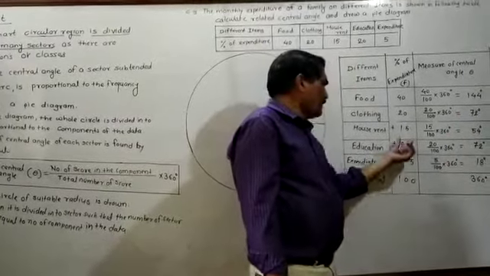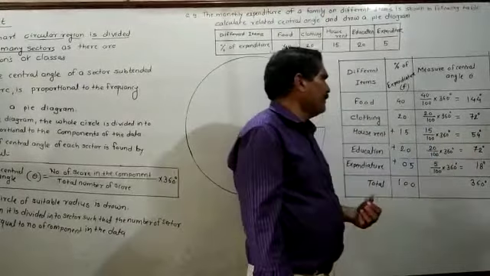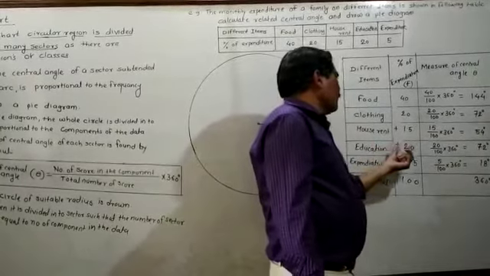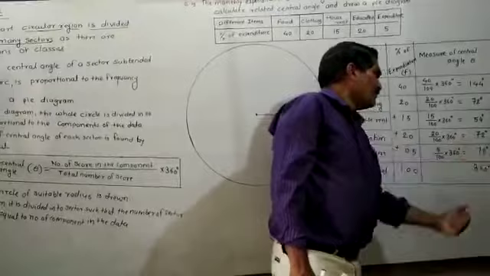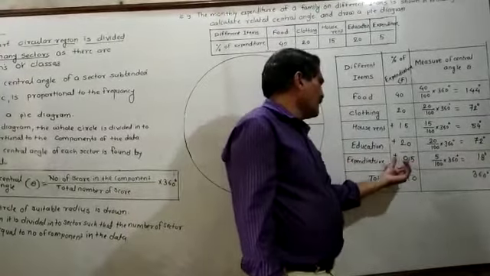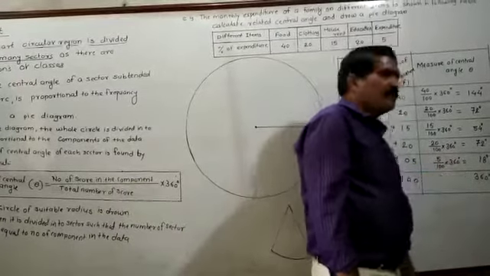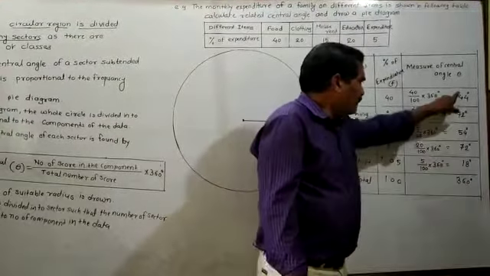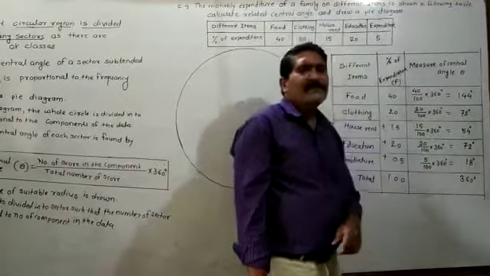Out of 100%, they are utilizing 15% for the house rent, multiplied by 360 is equal to 54 degree. Out of 100 they are utilizing 20% for the education, multiplied by 360 is equal to 72 degree. And out of 100, 5% they are utilizing for the expenditure, multiplied by 360 is equal to 18 degree, and the sum of all the degrees will come to 360, which means a full circle will form.